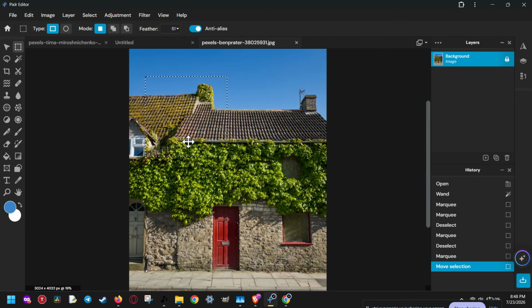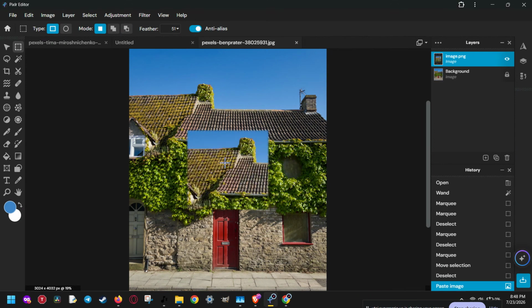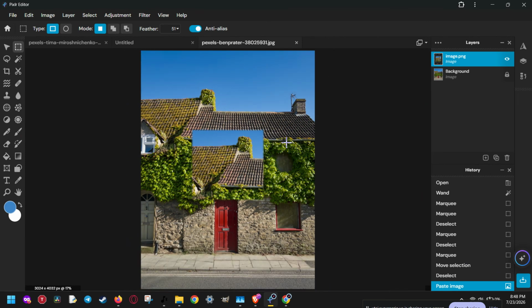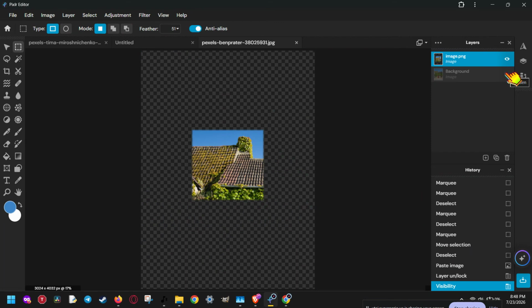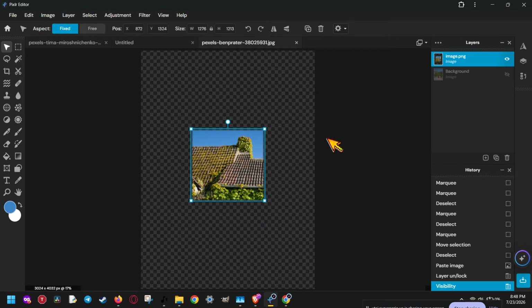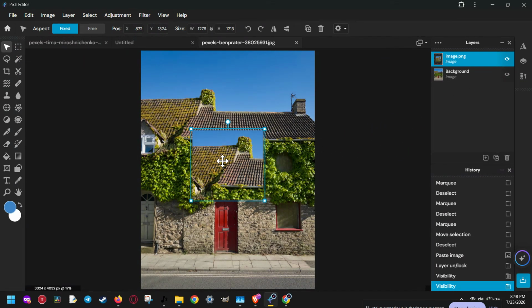Now it's time to paste the copied selection. Press Ctrl and V on your keyboard. Pixlr will paste that selection into your canvas, and the best part is that it automatically creates a new independent layer for it. You can confirm this by looking at your layers panel, where you should now see the duplicated element sitting separately from the original image. This is really helpful because it means you can move, edit, or transform the duplicate without affecting the rest of